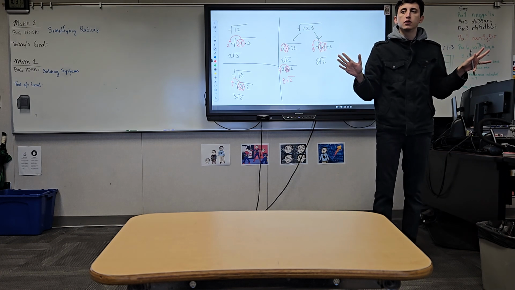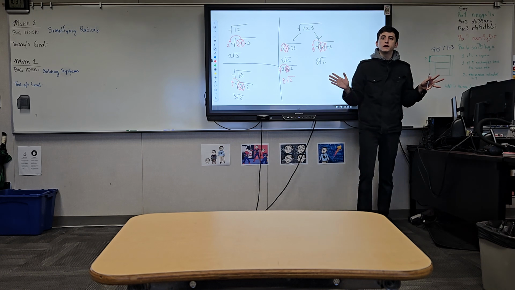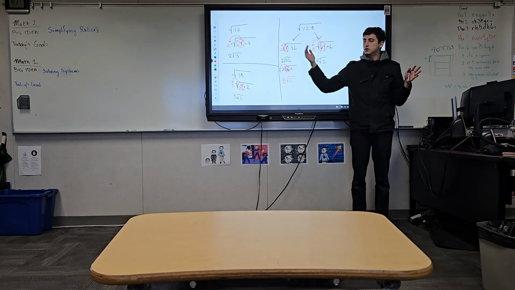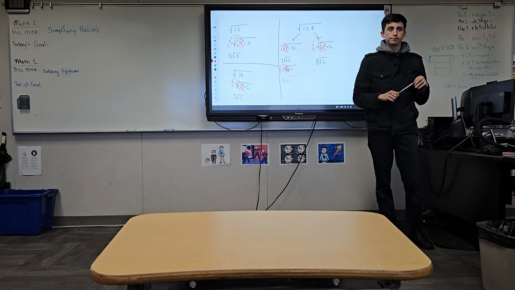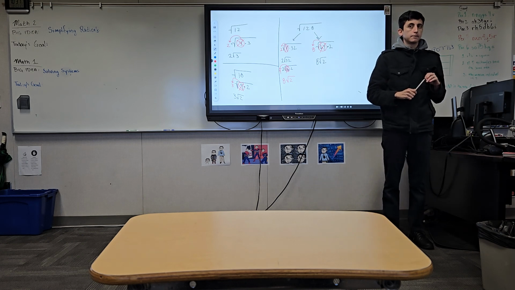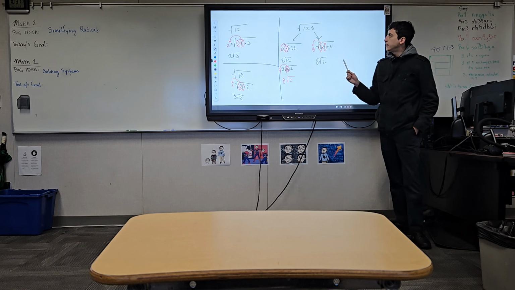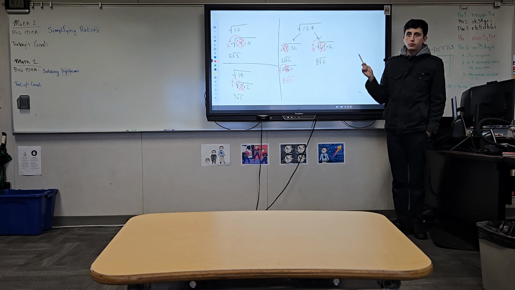Even if those are the only ones you know, it should be fine. You just need to continue to simplify using the smaller ones. Okay. All right, so that is simplifying square root radicals, or simplifying radicals